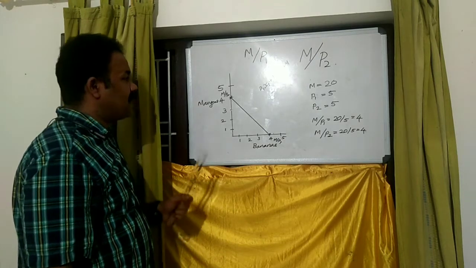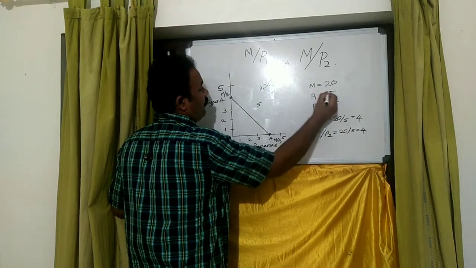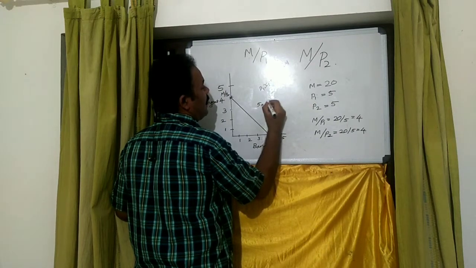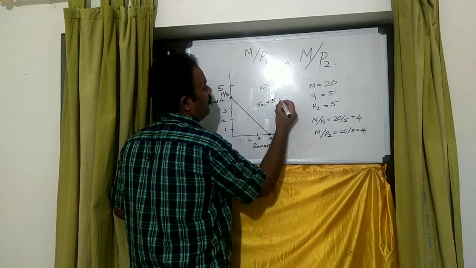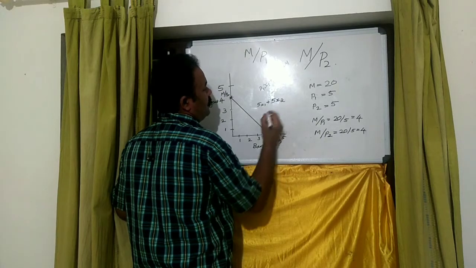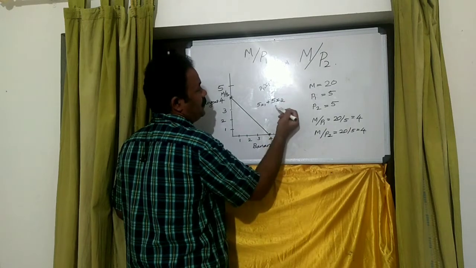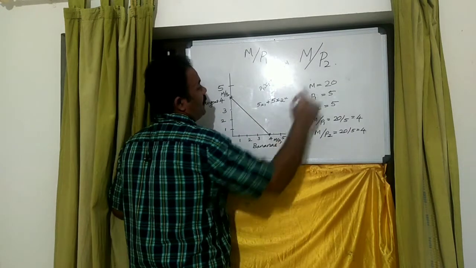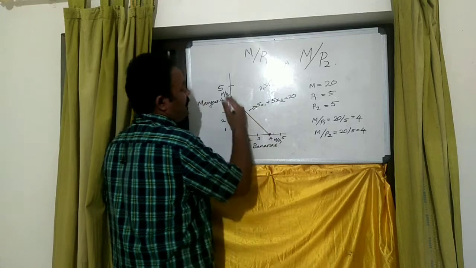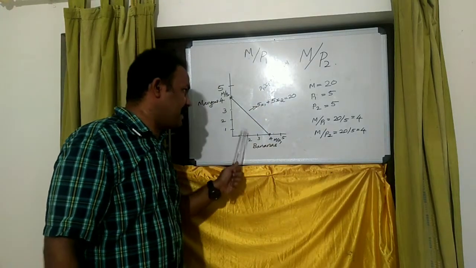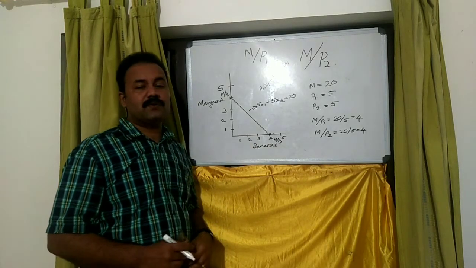Okay. Then what is the equation here? What is P1 here? 5. P1 is 5. 5x1 plus, what is P2 here? 5, x2. For P1 x1 we are giving the value for P1 and the value for P2. That is equal to M, income. What is M here? 20. Then this budget line represents this equation: 5x1 plus 5x2 is equal to 20.